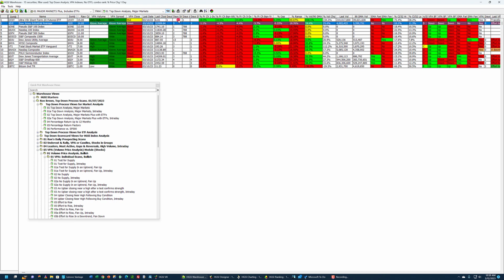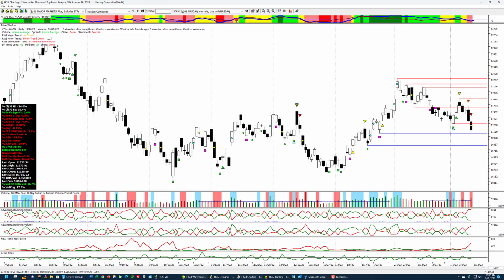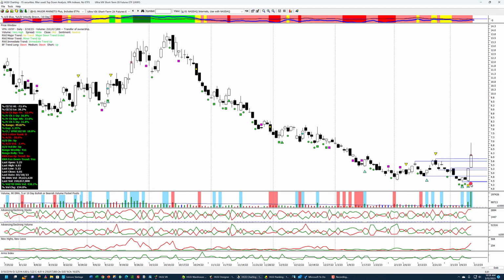Anyway, you can see that the UVXY popped to the top of the list, and over a 5-day period, it's up 31.8%. If I bring this chart up down here, you can see that it was drifting down. There was an awful lot of complacency in the market, even though the market's been choppy, but you can see what happened over the past 2 days. There were pocket pivots, volume pocket pivots is what I call them.